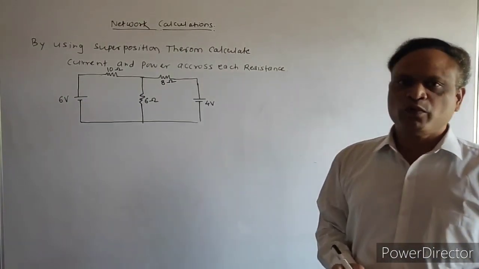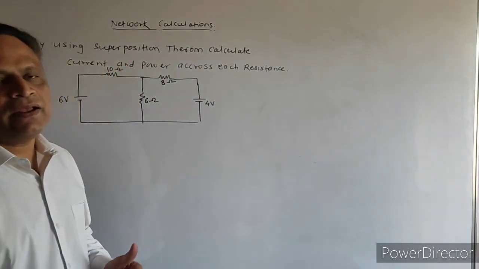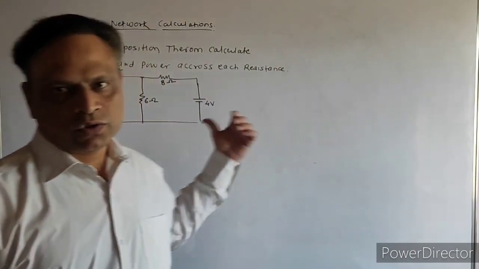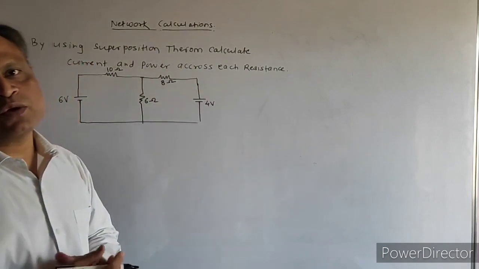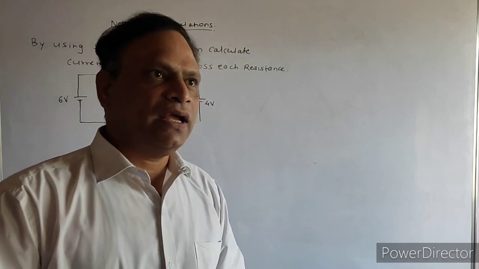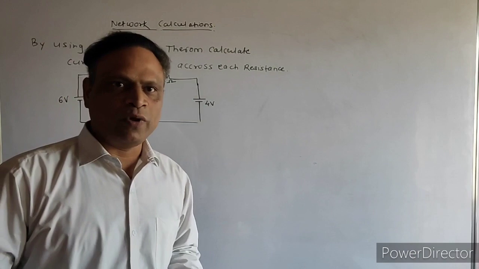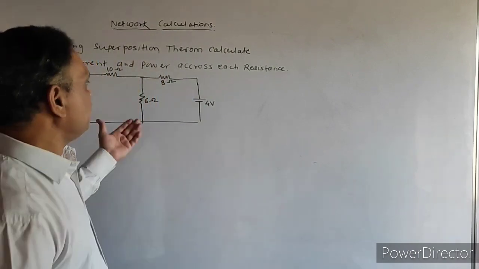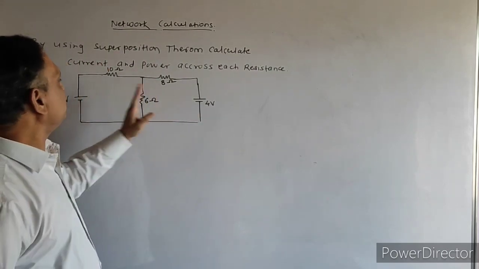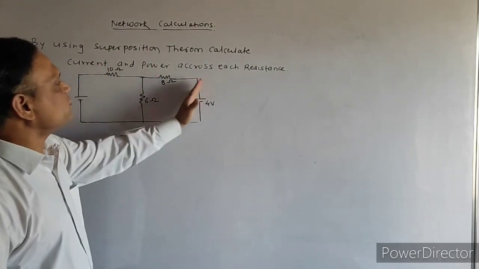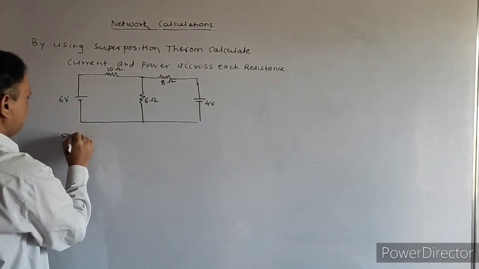Now our superposition theorem steps will be like this. First we have to test the individual responses of the sources. That means the first source we keep in the circuit, and the other source has to be shorted. If it is a voltage source, it has to be shorted. If it is a current source, it has to be kept open. That we will see in Thevenin's theorem. But for the time being, just keep in mind that first we will keep this source live and this will be shorted as it is a voltage source. Now step 1, we will draw the circuit.